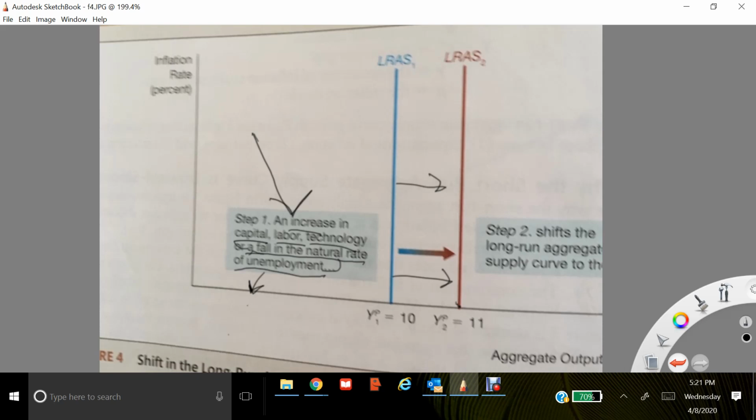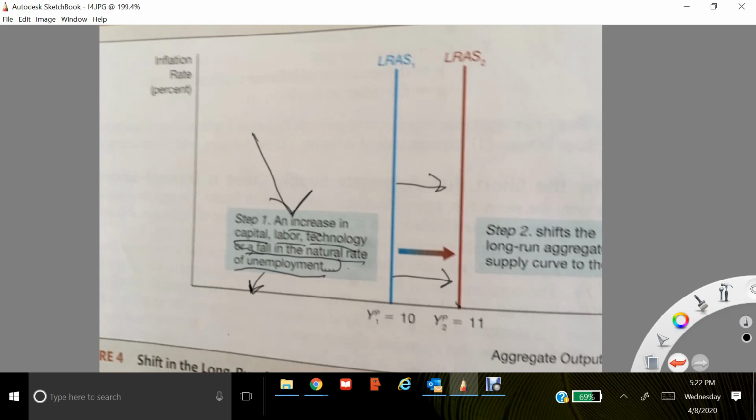And economists who have studied this over time have found that there's a certain rate that seems to be a constant through time, and they've dubbed that the natural rate of unemployment. Okay, and